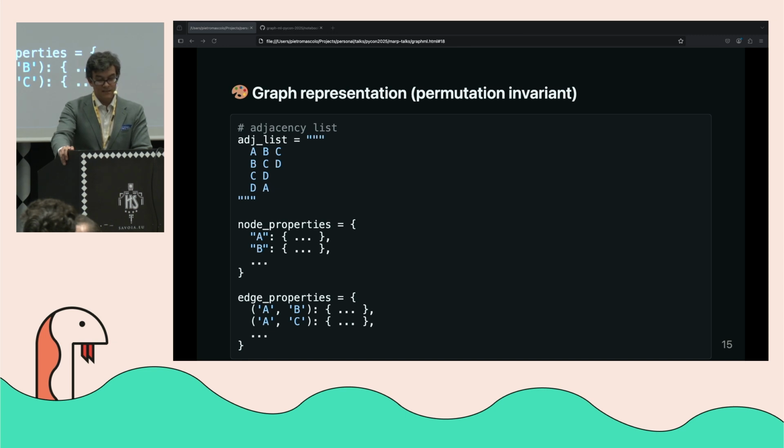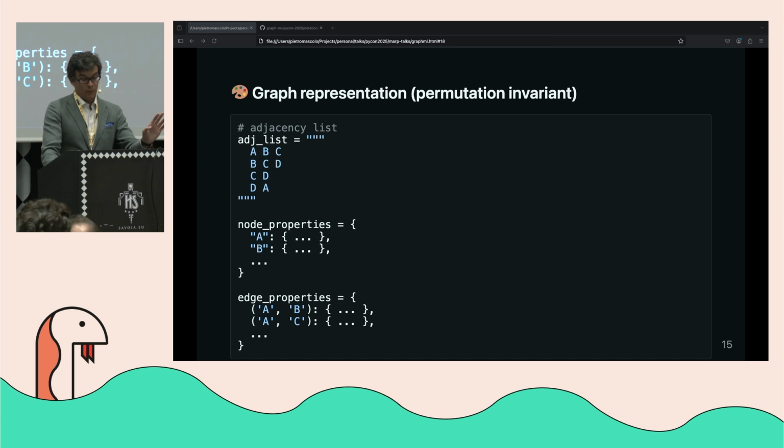And I didn't mention before, but each node and each edge could also have additional properties associated to them, and they usually do. And that's usually what allows us to make predictions or make inferences about the type of graph and the type of network that we have in front of us.